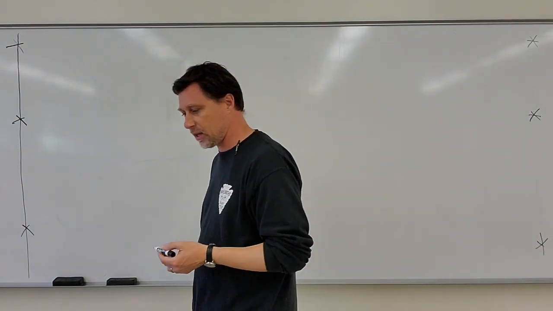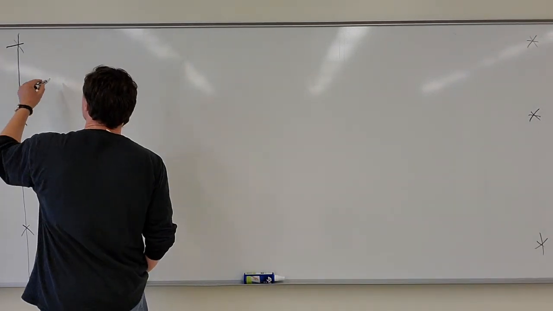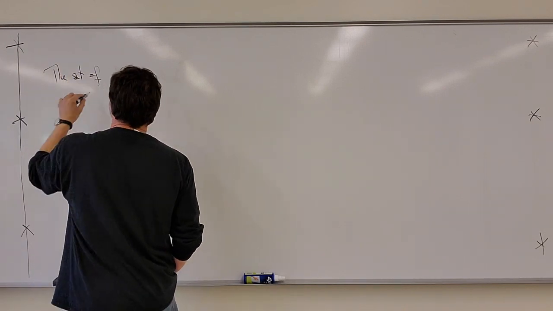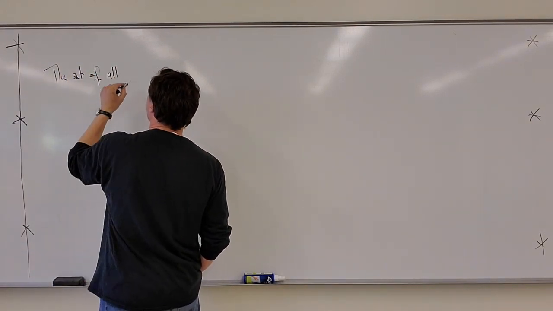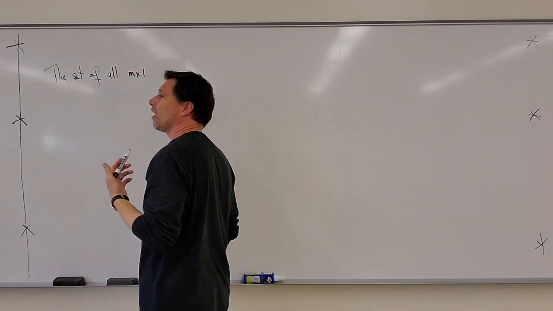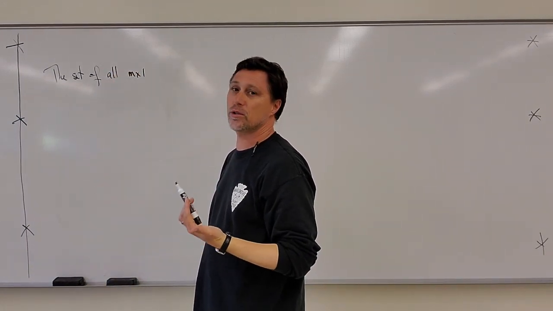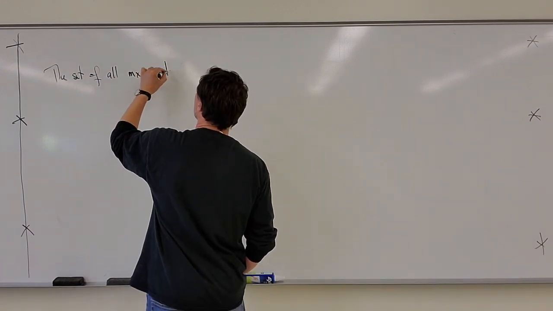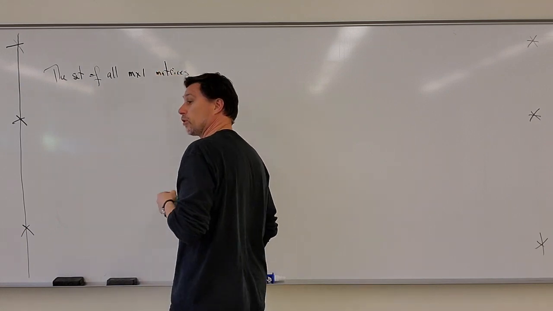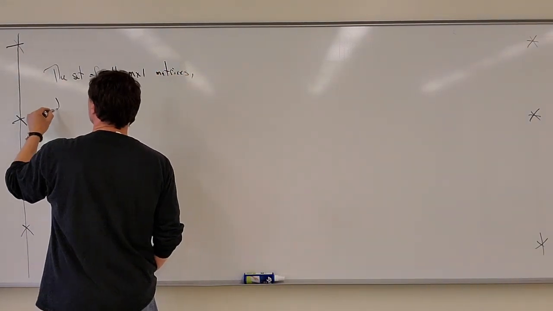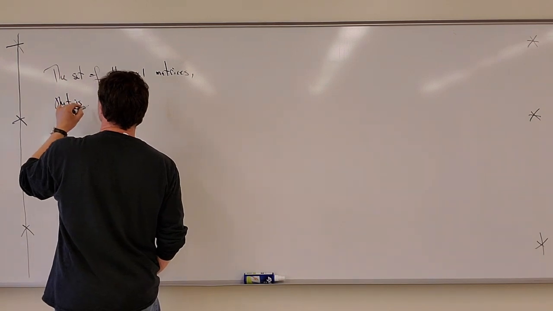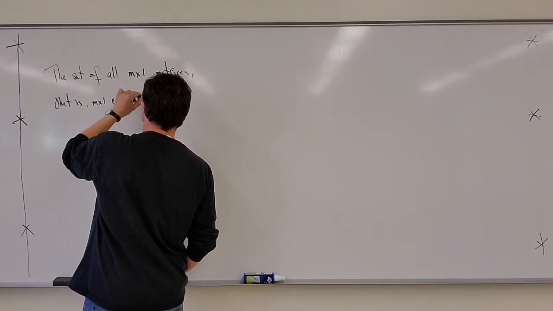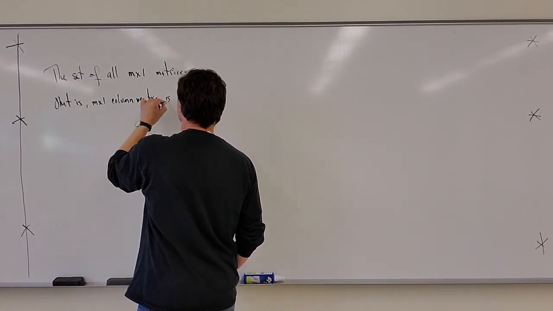And so we need to set the stage. So first of all, the set of all m by 1 matrices, I hate calling them matrices. They are matrices, but really I refer to them as vectors. These are column vectors. The set of all m by 1 matrices, which I'll refer to as column vectors, that is m by 1 column vectors, is denoted